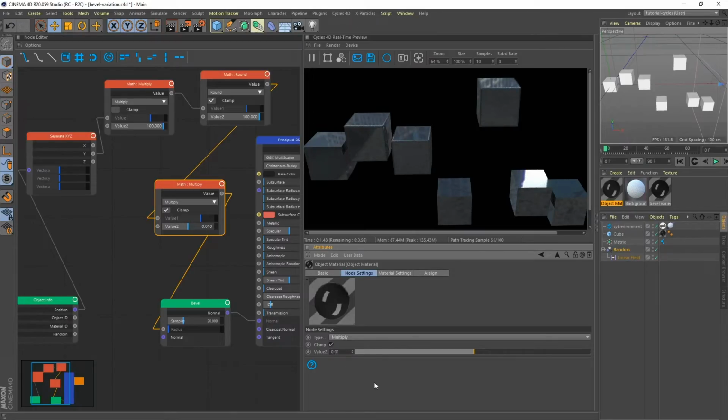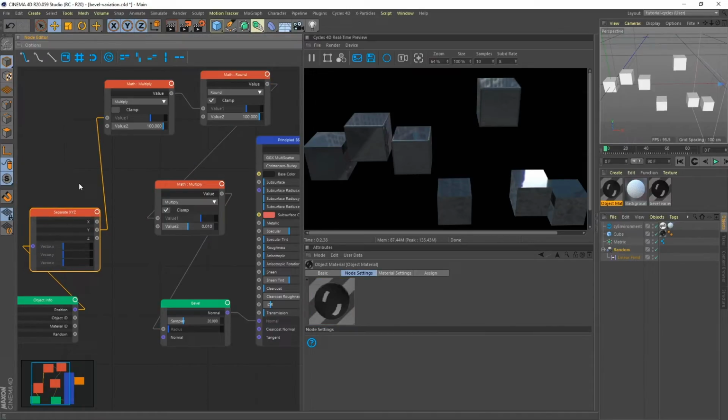So 0.01. Now, there's one thing we can fix, and you can see that the beveling is working for the top clones. However, for the ones at the bottom, it's not working. And the setup that we have, that wouldn't be a problem because they're mainly traveling upwards. However, if you want to have these be affected by the bevel as well, then we can do one more thing, and that in the separate XYZ,